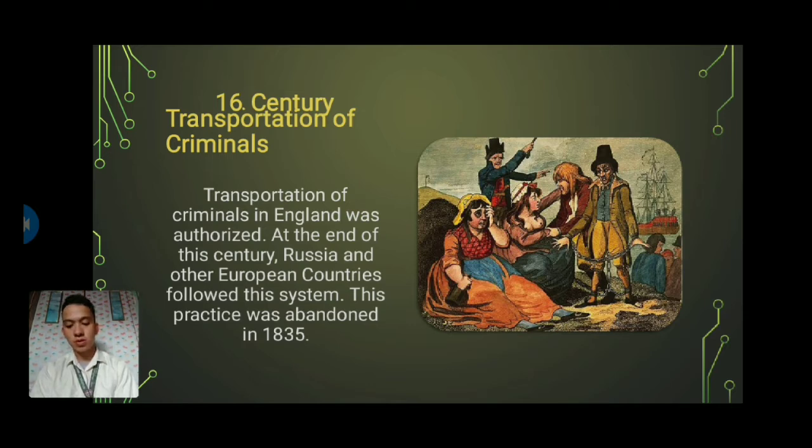So, nung 16th century, all criminals will vanish. So, yung mga nagkakasala nung 16th century ay pinapatapon sa ibang lugar. At dahil na rin ito sa karamihang bilang ng kulungan o sa tinatawag na jails or goals. So, sa next topic, i-discuss ko yan. So, hanggang 1835, itinigil na nila ito dahil sa